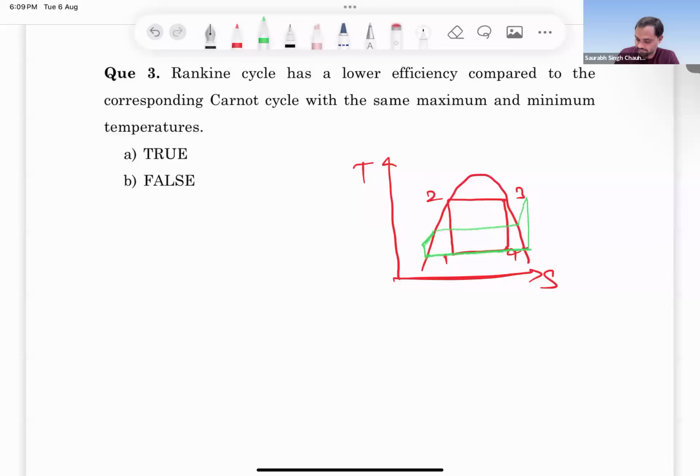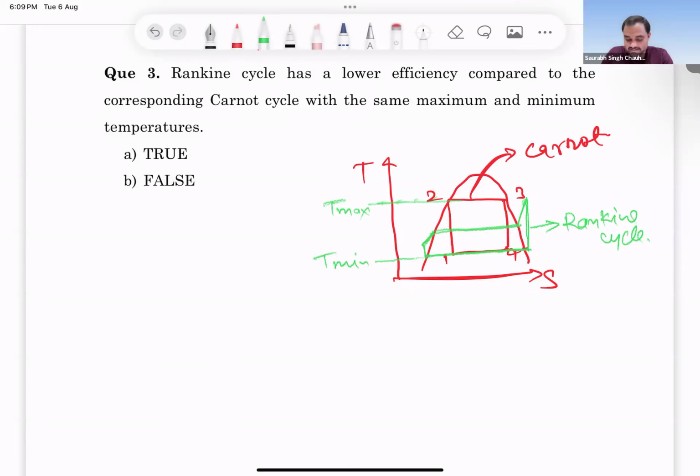This green one is the Rankine cycle, and the red one is Carnot cycle. So maximum temperature for both these cycles is this T max, and minimum temperature is, let us say, this T min. So both of these cycles are working in the same range of maximum and minimum temperature, but you can see that in Rankine cycle, average